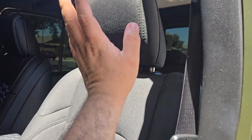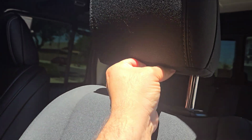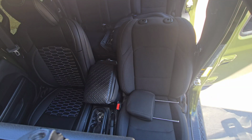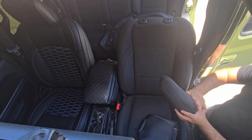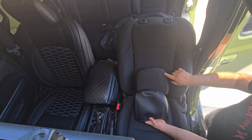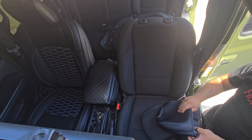The easiest part is your headrest. You got 2 buttons here that we're gonna be pressing in order to be releasing it, that way we can get it off. And we got it off. So since we got the headrest off, we'll start with the headrest cover. And if you can see, the patterns are almost identical. So you got your stitching here on the sides, stitching and then this little design here at the top, you get it here. And it will have two Velcro straps